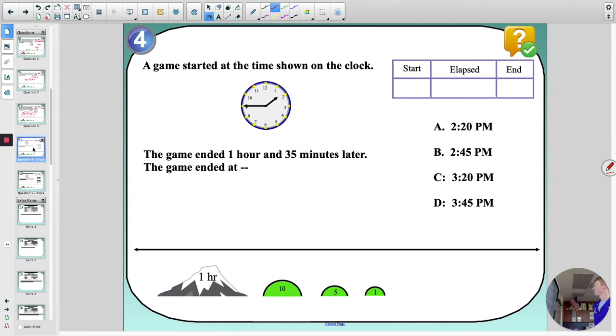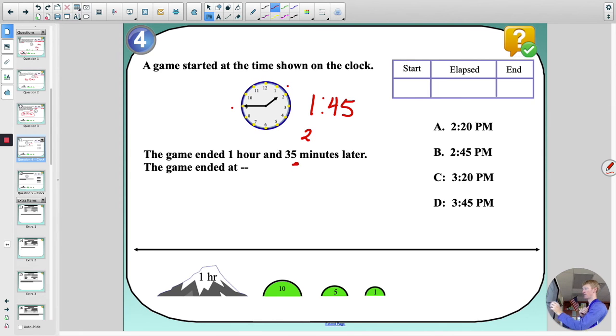Here we go. A game started at the time shown on the clock. The game ended 1 hour and 35 minutes later. So time shown on the clock is 1:45. If it ended 1 hour and 35 minutes later, one more hour would give us 2:45, plus another 35 minutes though. 2:45 plus 35 minutes, that put us at